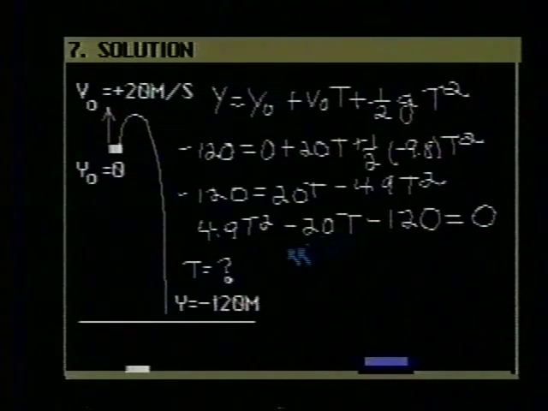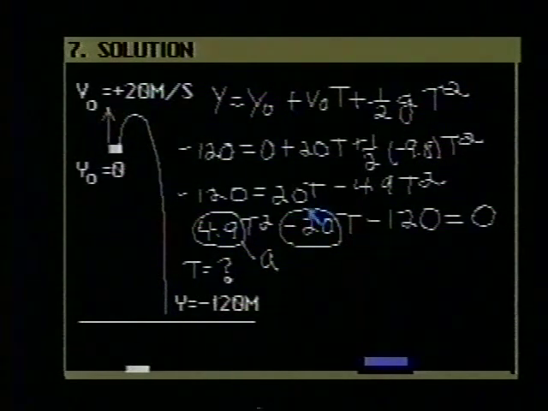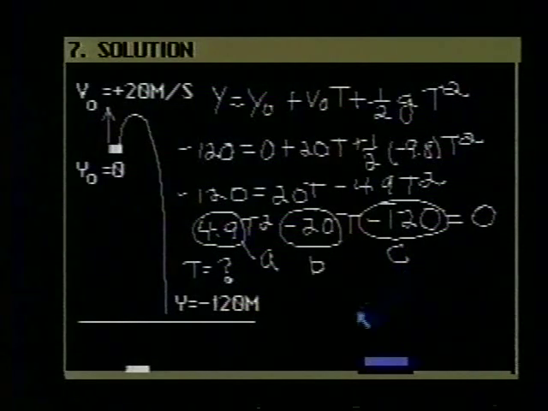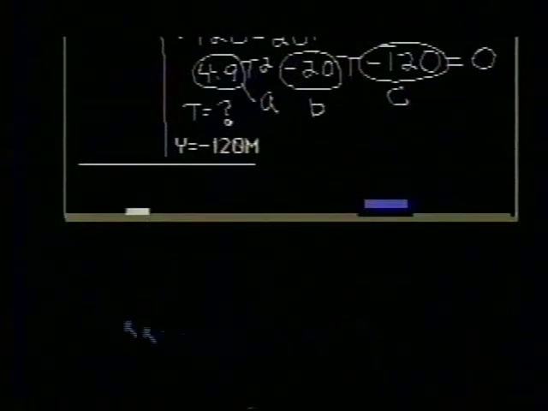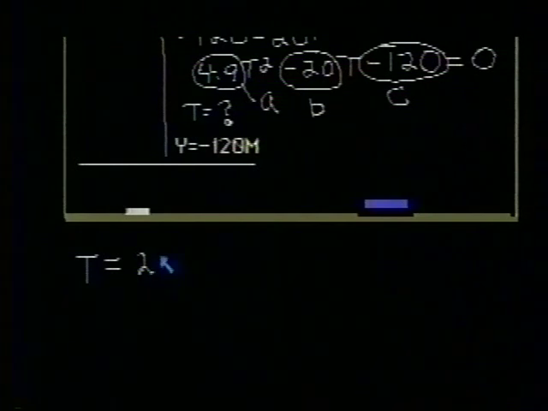If I identify the a with the 4.9 and the b with the minus 20 and the c with the minus 120, then we can write that t, our variable, is minus b, which is plus 20, plus or minus